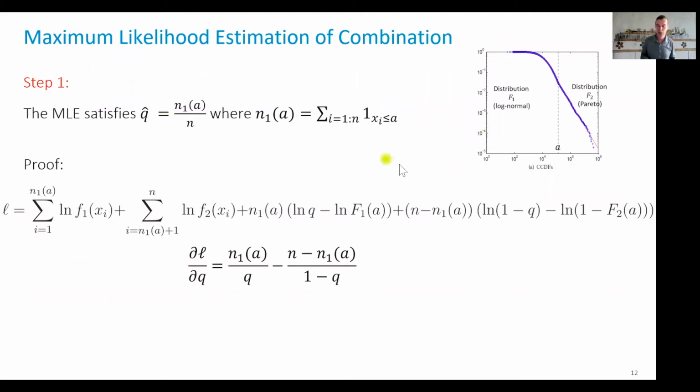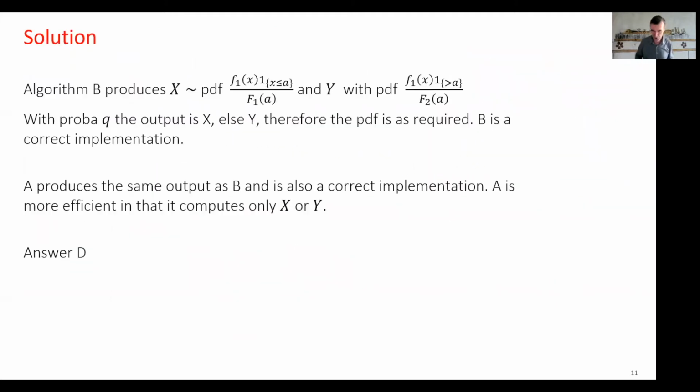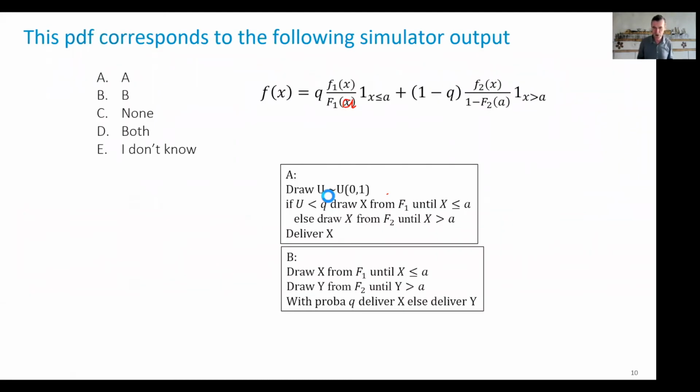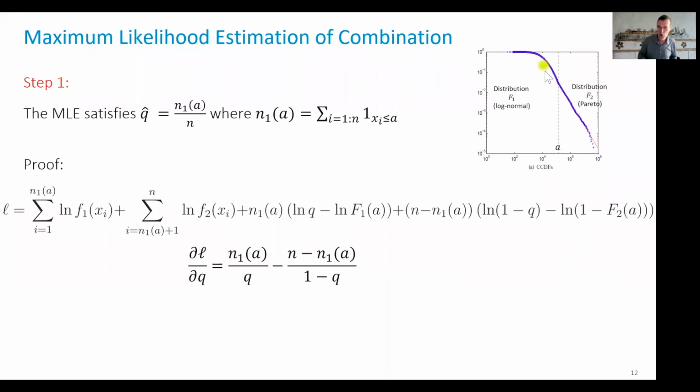So in fact, the parameters we need to estimate are, if I recall the formula that we have here, Q and A, those are my combination parameters, plus the parameters of the distributions F1 and F2. In the case of interest here, F1 is a log normal distribution, so it has two parameters, sigma and mu, and F2 is Pareto. Pareto in this case that I decide to start at A, so it's a rescaled Pareto at A, so it has only one parameter, which is the index, the decay rate that we see on this straight line here.